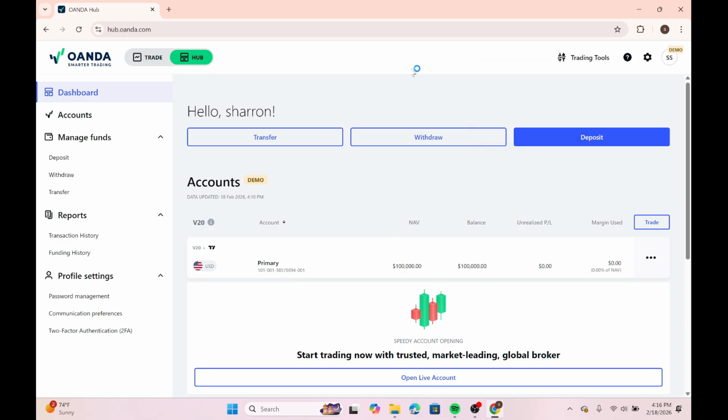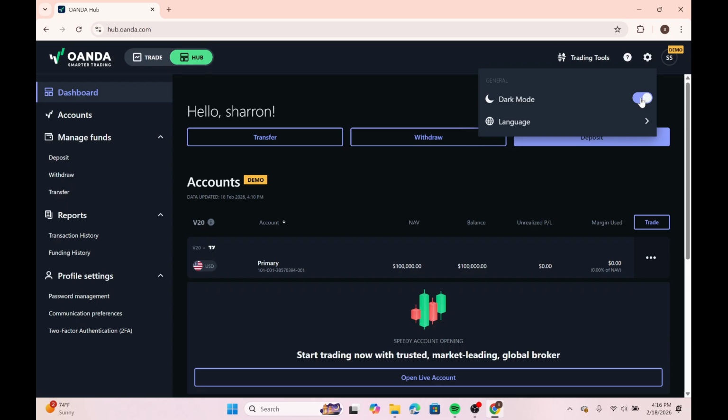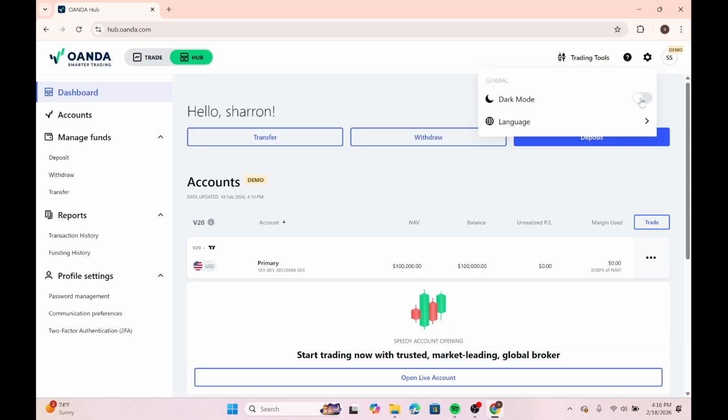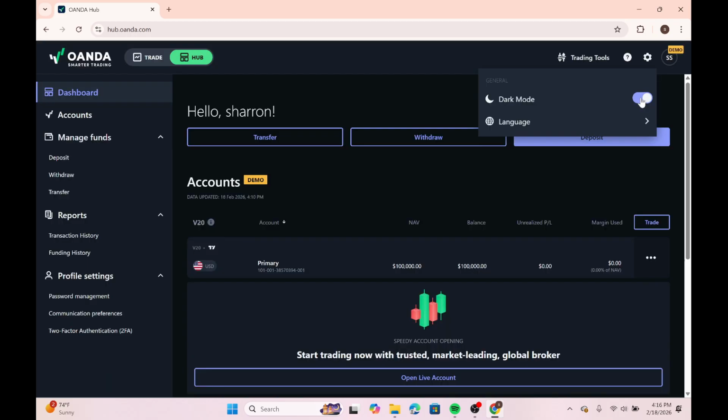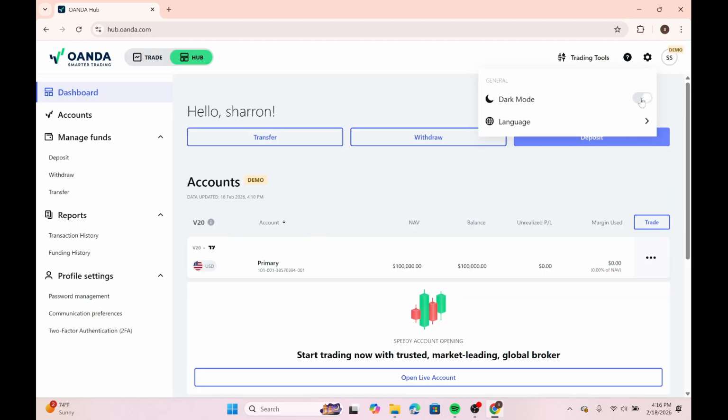And over here, you need to look for the settings or gear icon. In the top right corner, we can find this setting icon here, and under General, we can find this Dark option. What you can do is simply toggle on this icon. It will automatically change the display theme of Oanda, and that is it. If you want to change it to the dark mode, you can simply toggle it on. But if you do not prefer that, and you prefer the default light setting, simply toggle it off,